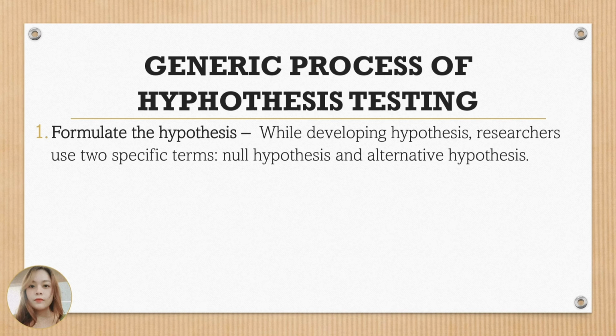The null hypothesis states that there is no difference between phenomena, and the alternative hypothesis states that there is a true difference between the phenomena. If the null hypothesis is rejected, we accept the alternative hypothesis that there is a difference between the drinking of hard and soft drinks among young adults. In research terms, the null hypothesis is denoted as